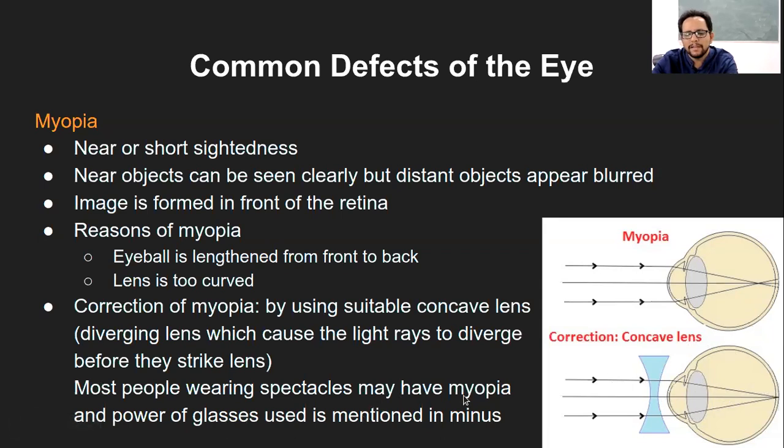And usually the power of glasses is mentioned in minus. I again forgot what this was about. Yesterday's class itself I was supposed to check. I don't know. Yeah, so like we usually say -1, -0.5, -3, or whatsoever number it is. So I think concave lens power is measured in minus. No, but why minus? That is my question.